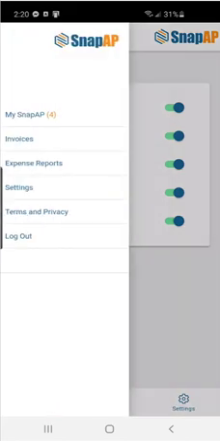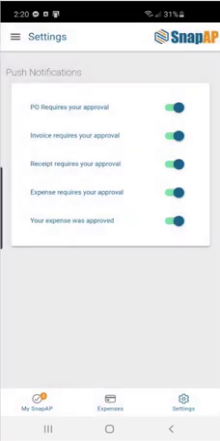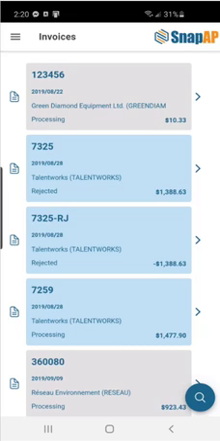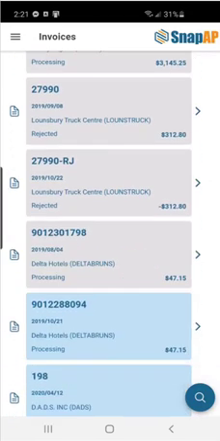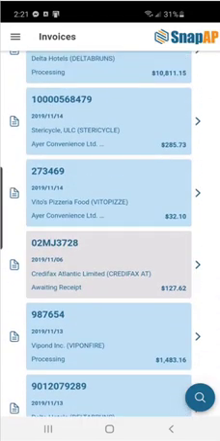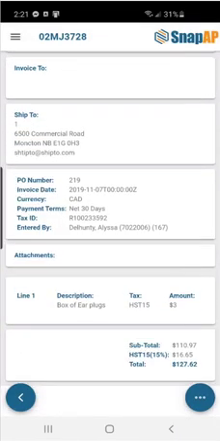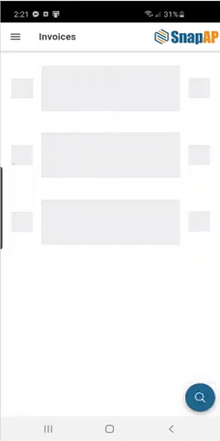In our menu at the top, we have links to the main menu items at the bottom there, but we have an Invoices option. And here you can view and search for invoices. So here by default it loads with the invoices that you're allowed to see, just like the main website. To view one, just tap it. You can view its details. And obviously from here we can't approve it, but we do have options for downloading the PDF, adding notes, files, that kind of thing. And we can also search for invoices just by clicking this search button at the bottom,